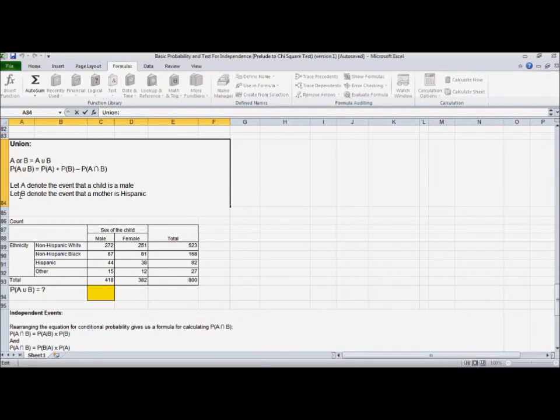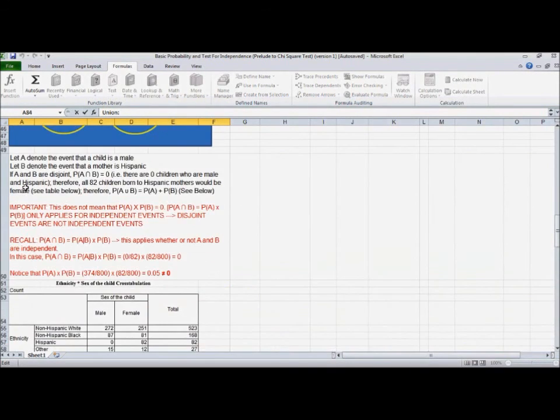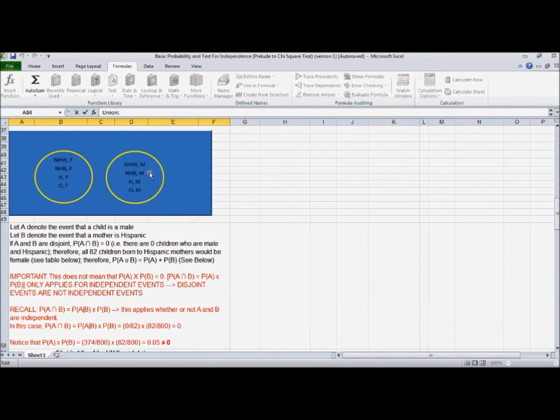So remember that you would end up getting 0 for this, and it would end up being simply the probability of A plus the probability of B. So we could figure out the probability of events, and the way we would say this would be the probability of A or B. So it's either one or the other occurring, which would be, again, adding, when we look at the Venn diagram, the probability of A plus the probability